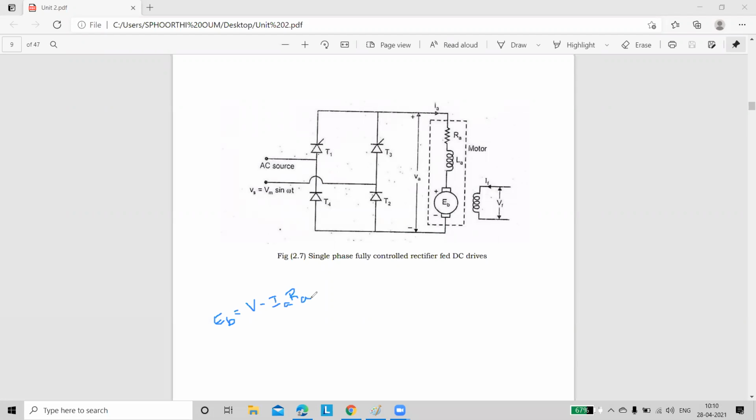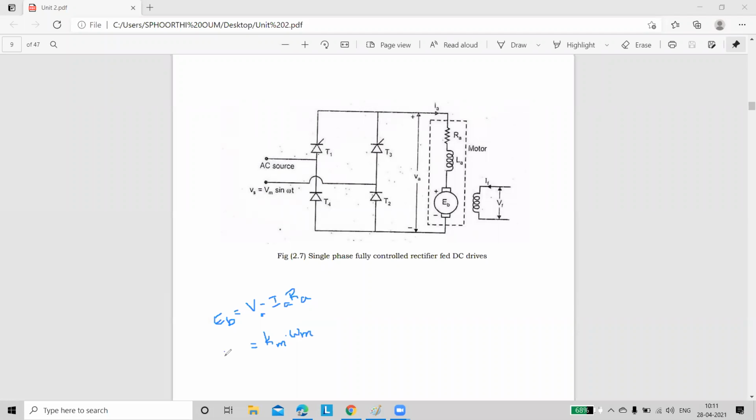Actually, for our DC motors, here V is nothing but the terminal voltage. But whenever you are applying it for a rectifier, this V becomes VA, that is nothing but V naught. V naught or VA, both are the same. And another formula for the same back EMF is with respect to speed: EB is equal to Km, that is the mechanical constant, times the speed of the corresponding motor. So please note down the fundamental expressions for back EMF.